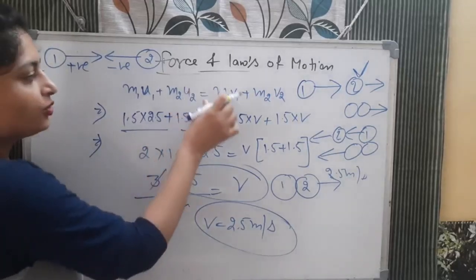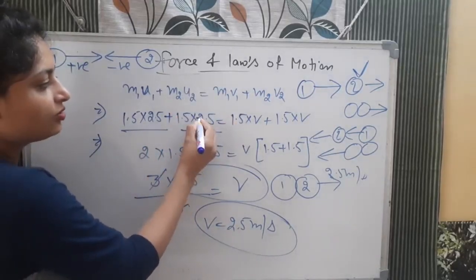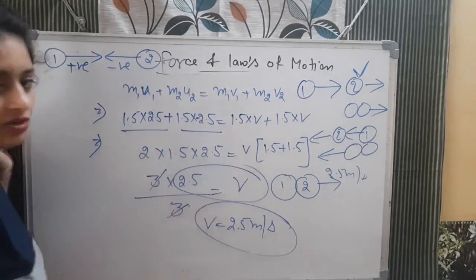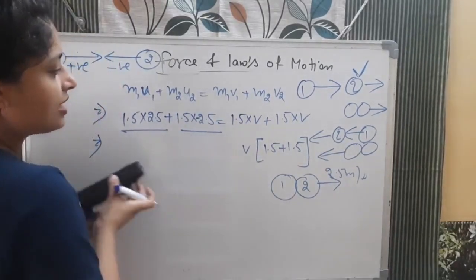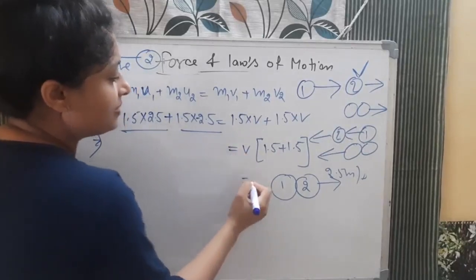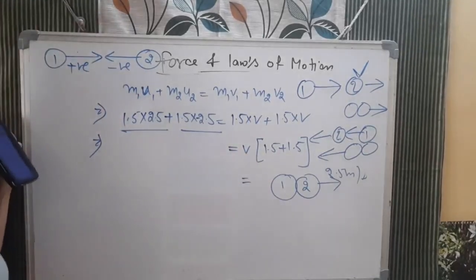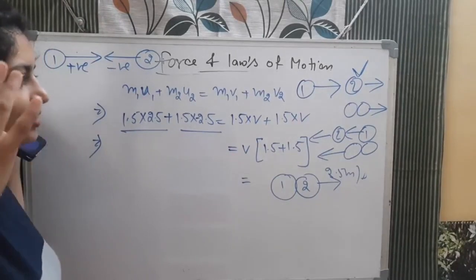So here, u2 is equal to 2.5, you need to write minus 2.5, and when you write the minus 2.5, it will become very simple. So I hope you understood the difference between what I did earlier and what I did just now. That is what I wanted to make you understand.